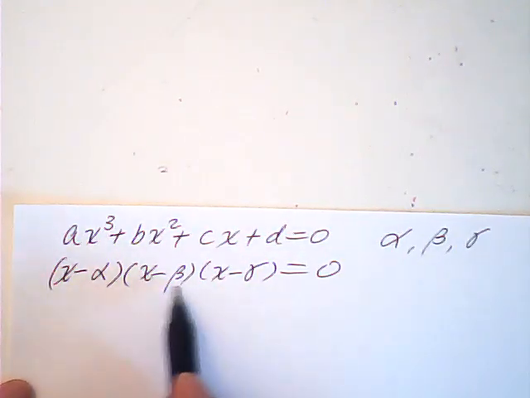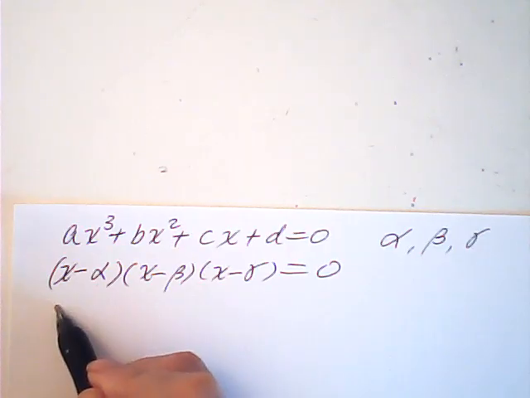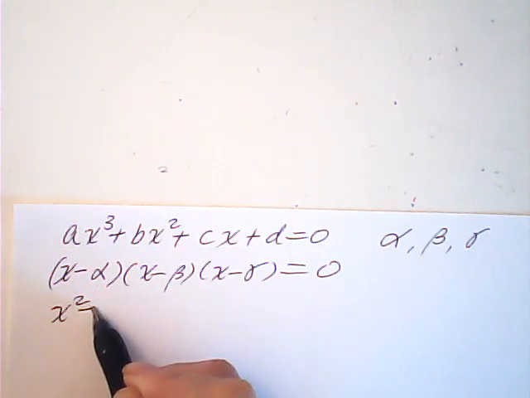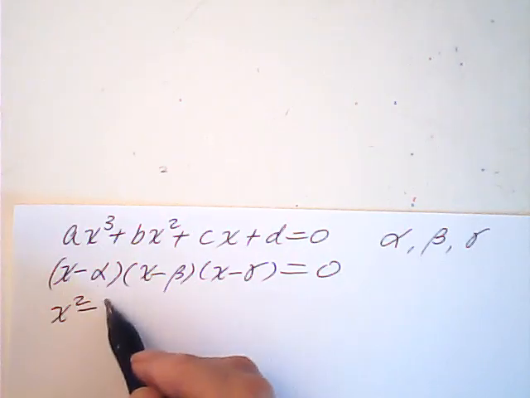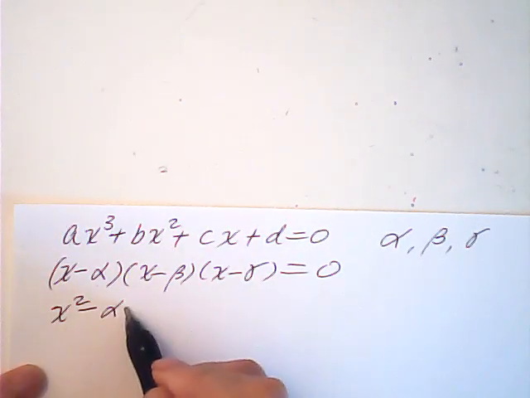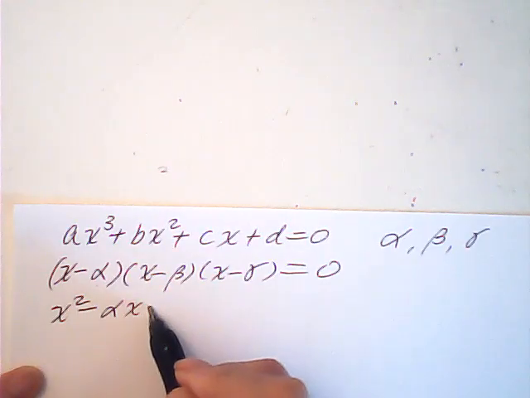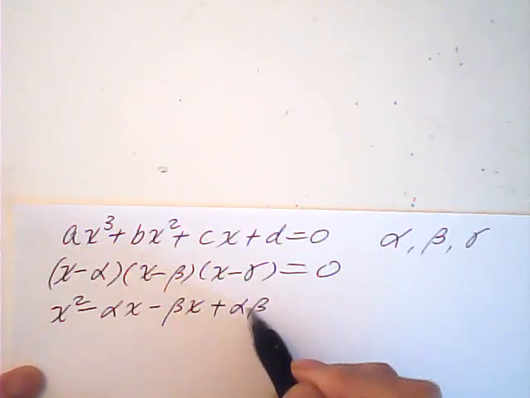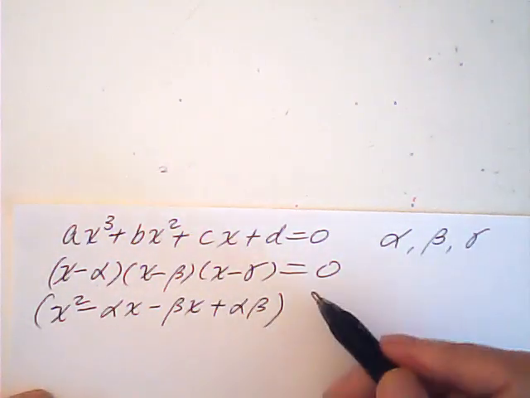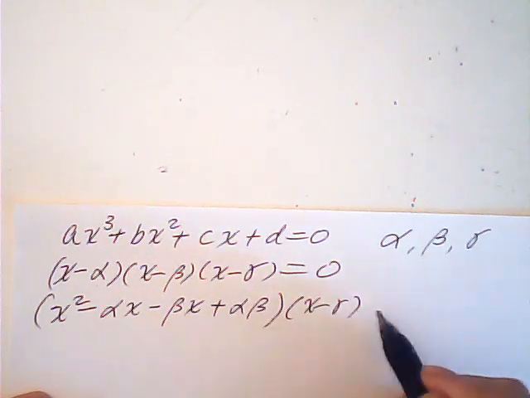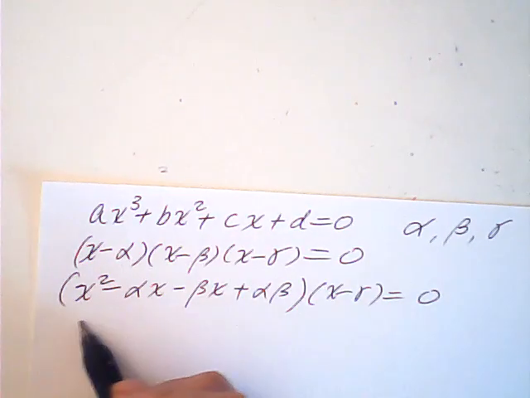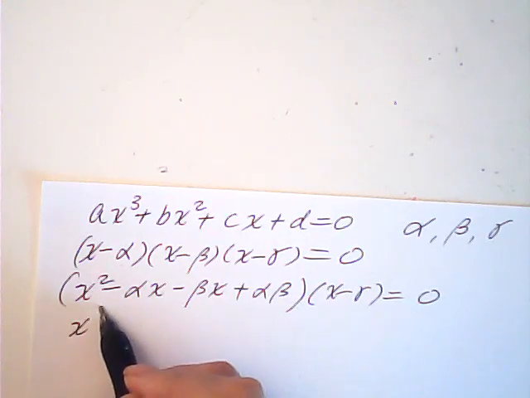Then I multiply these two out first. So this one is equal to x squared minus alpha x minus beta x plus alpha beta. Then times x minus gamma equal to 0. Then we multiply this and that out. It becomes x cubed